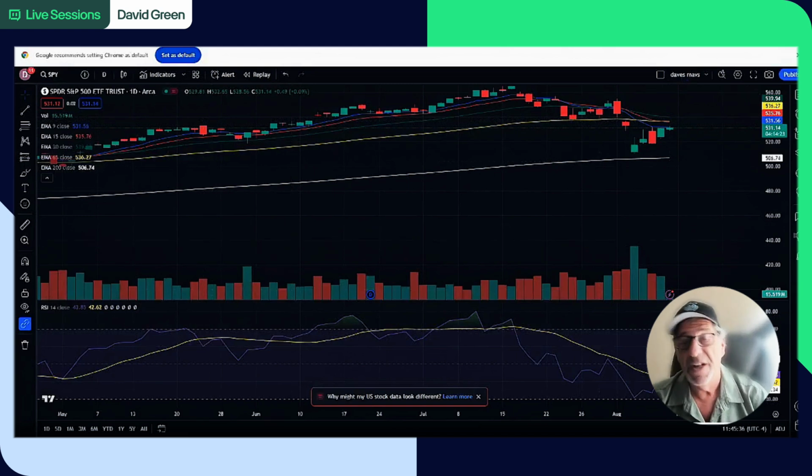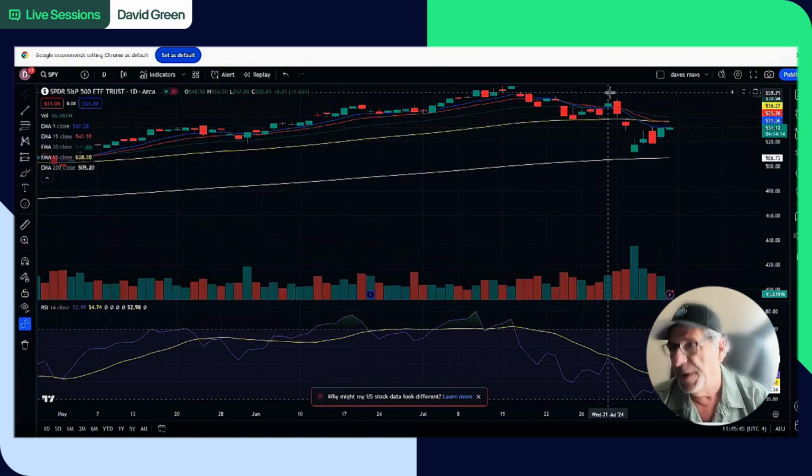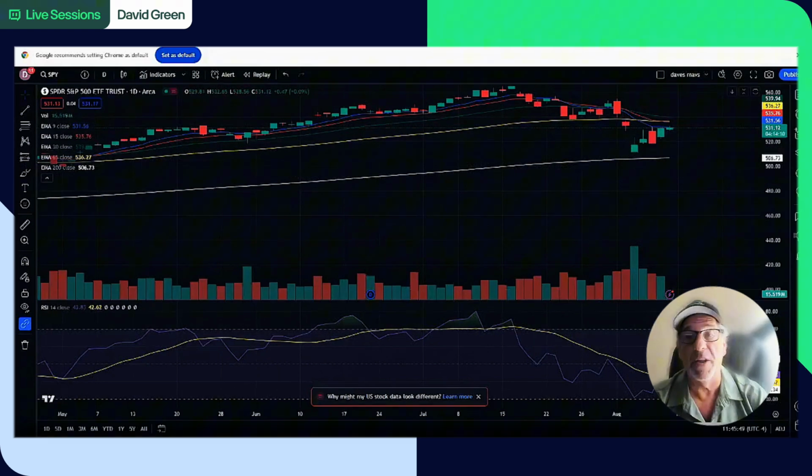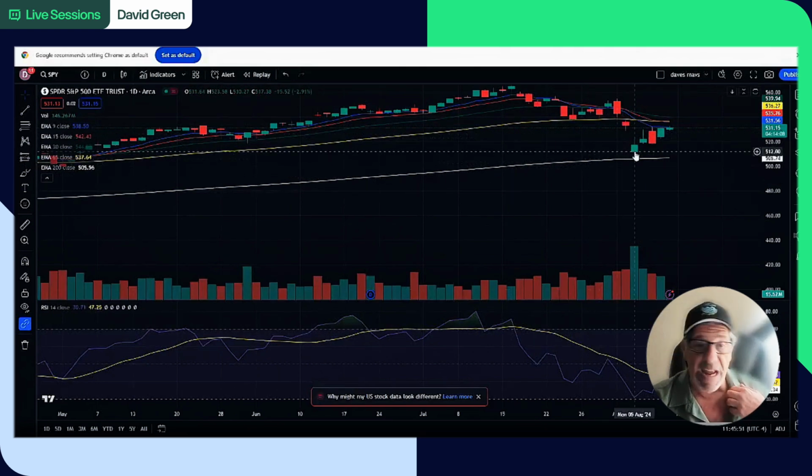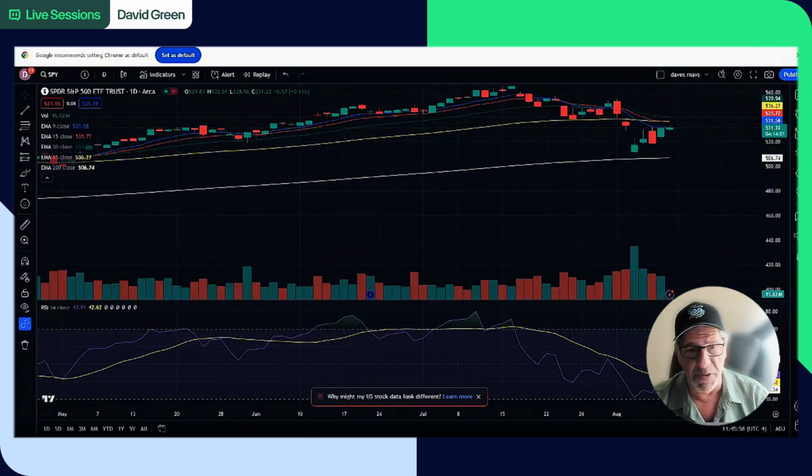So again, a 200 EMA on a longer term time frame can really signal a nice reversal in stocks. It's a place to look to see that reversal, especially when we have a big down move. And by the way, let me point this out. The day we did this, the Dow was down over 1,000 points. The S&P was down like 3 or 4%. QQQs were down 3 or 4%. Everything was down.